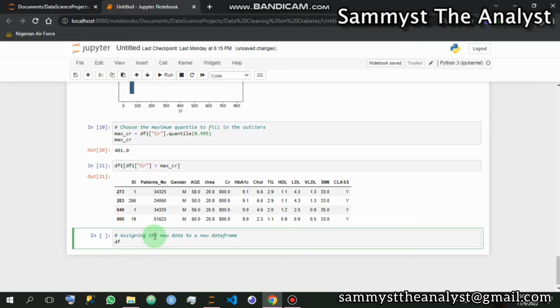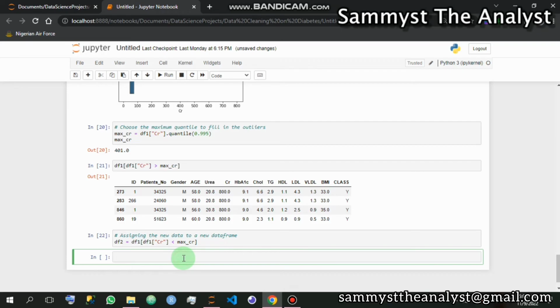So we call the new data frame df2 equals df1 square bracket df1, okay, square bracket, and then CR less than max CR. We run this. So now to actually confirm that a change has been made, it is very good to always